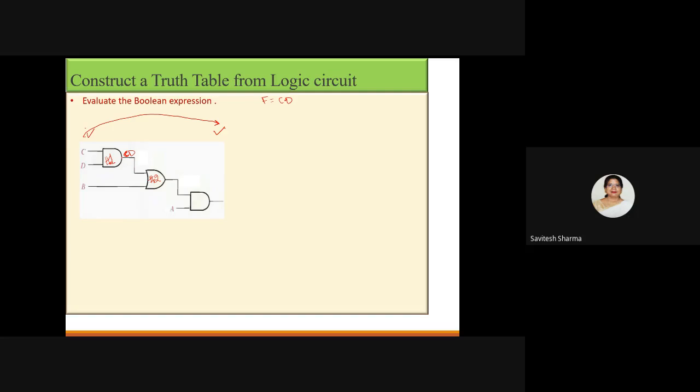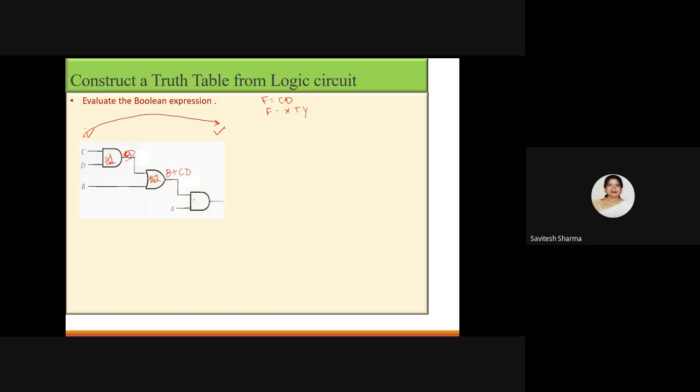See, the output of this leftmost gate is here appearing as the input to the second gate, and B is the other input. Therefore, we will write the expression for this OR gate, and you know the function expression for the OR gate. If two inputs are there, X and Y, we will write X plus Y. So same thing here, input is CD and here input is B. So you will write B plus CD. So the expression for the second gate is now over.